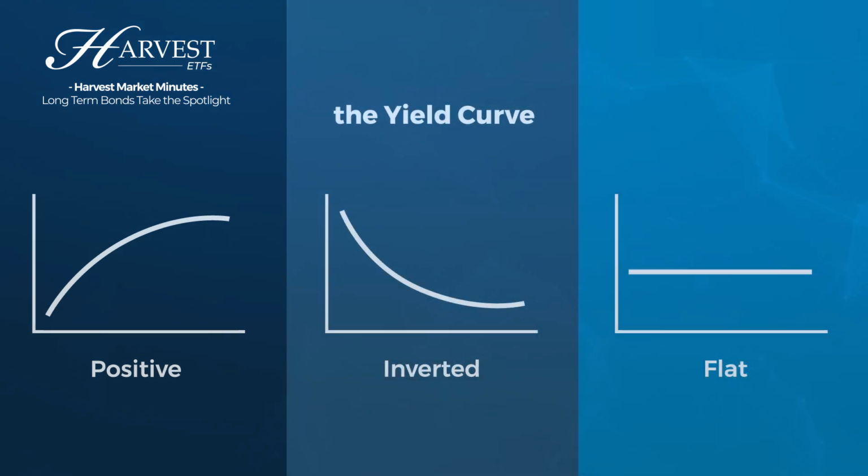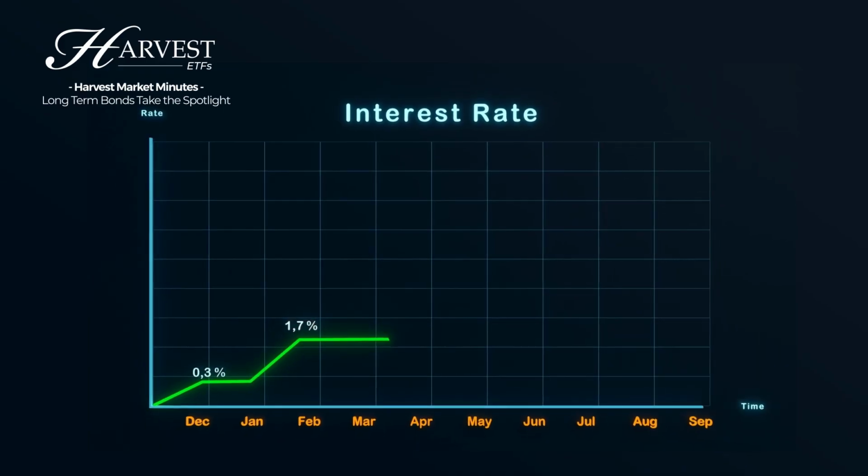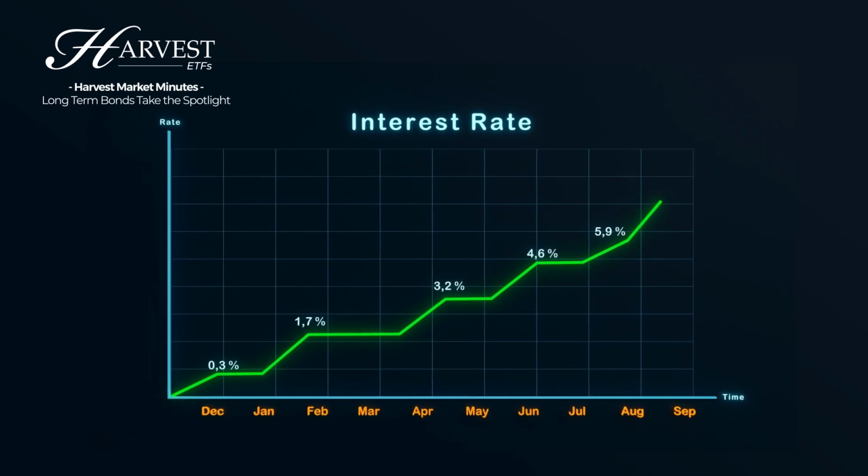And if you think about lending money for 1 year, there'll be a certain yield for that. If you think about lending money out for 30 years, there'll be another yield attached to that. And you plot these different bonds and their yields over time on a graph, and you end up with the